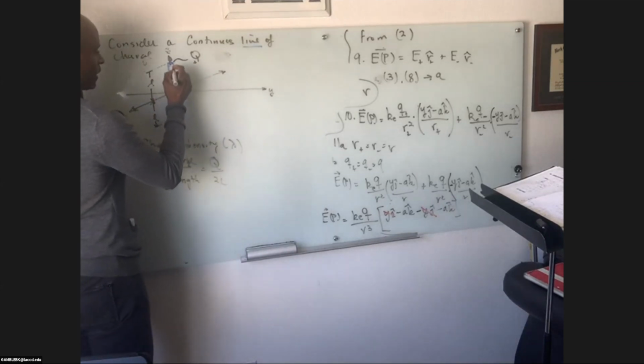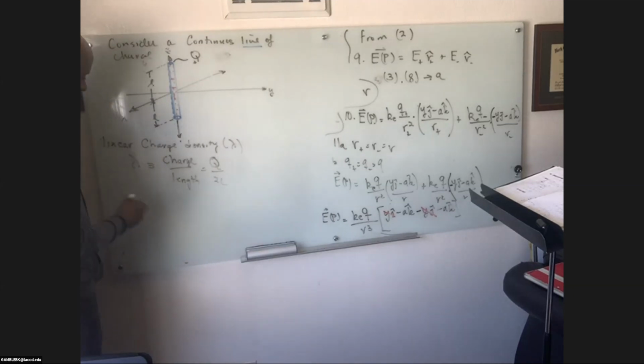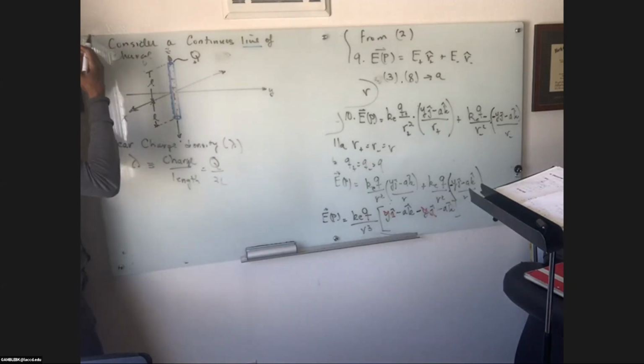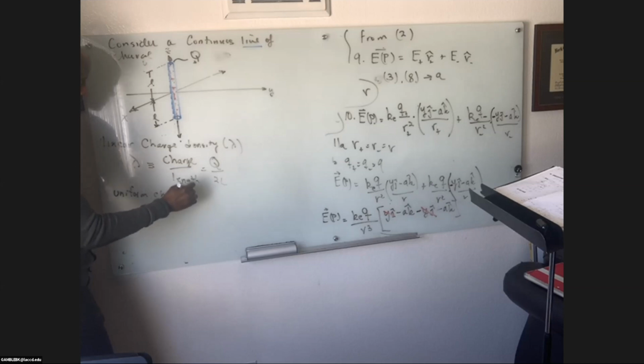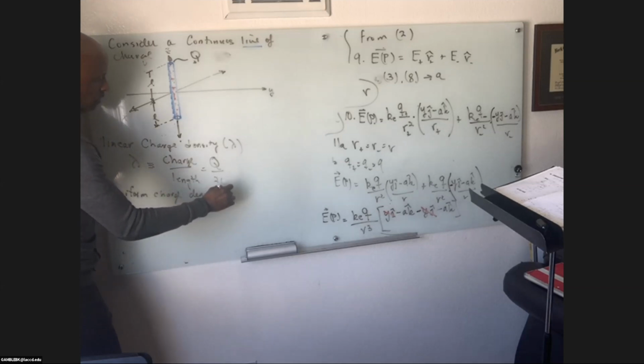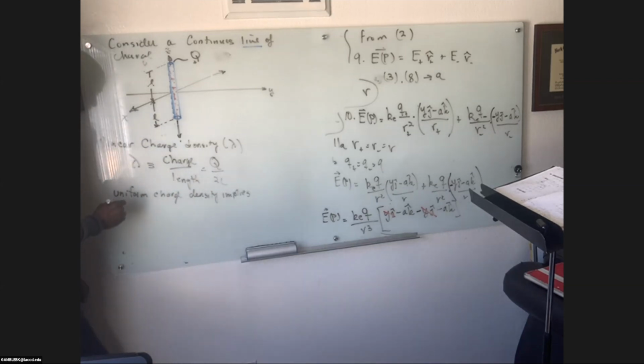So uniform charge density is a constant. It implies a constant lambda,